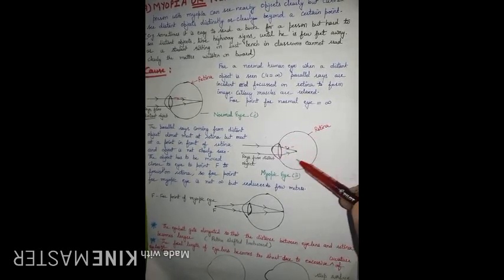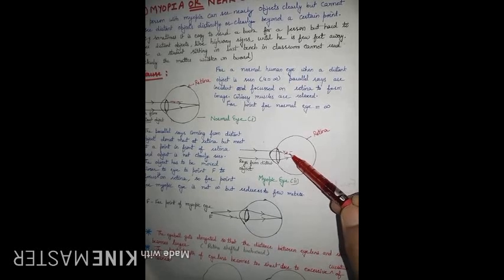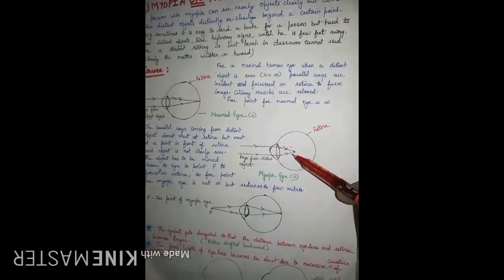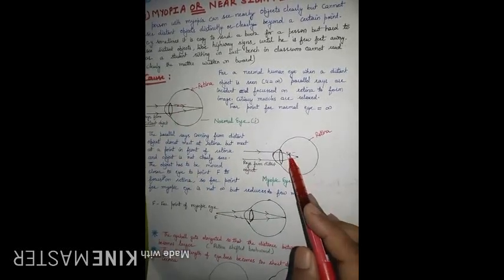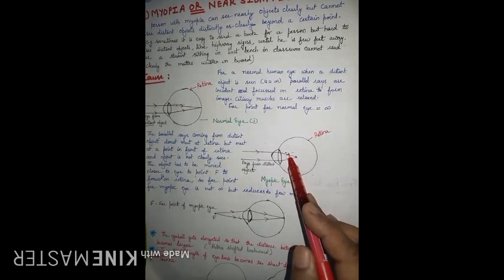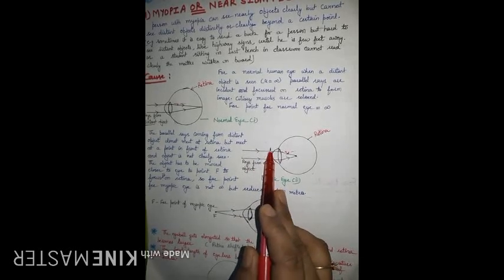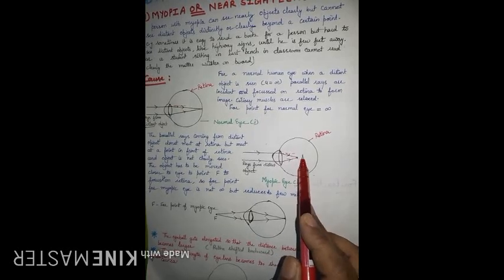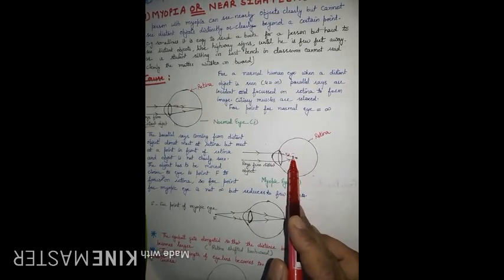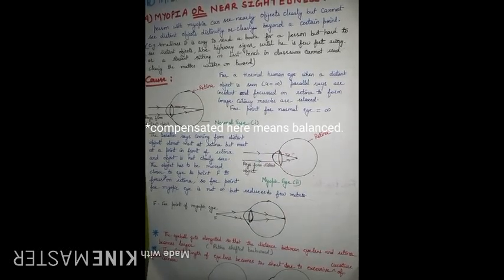We will not change other things. Whatever extra convergence is produced by this lens, we will compensate it by using a diverging lens. For example, we want bending to be by 10 degree and it is producing bending by 15 degree. So what will we do? Before entrance of these rays, we will diverge them by 5 degree, so that whatever extra converging it is going to bring will be compensated by the 5 degree divergence that is produced by the diverging lens.